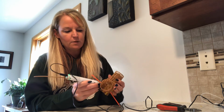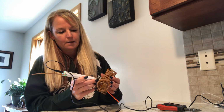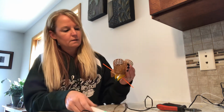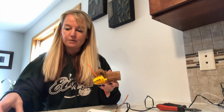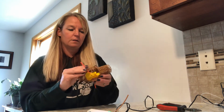So you're just simply going back and forth with it to fill it all in. I'm kind of rushing for video time, so secure enough. And then I would go ahead and I would go along the side over here. I'm going to flip it around and I'm going to do the same exact thing to the other side. I'm simply going to take this part, place it on,